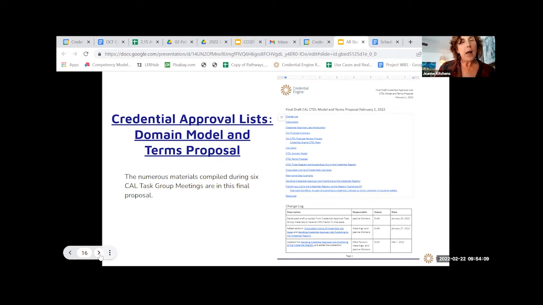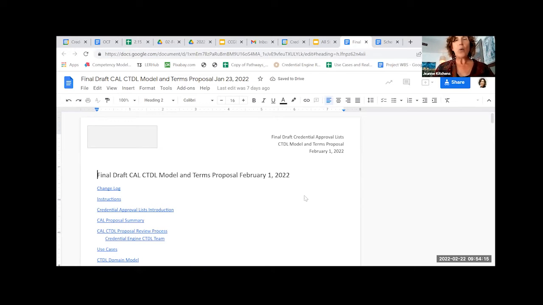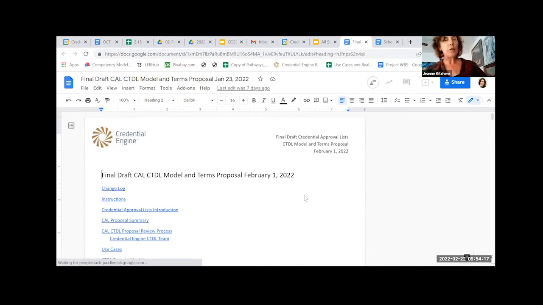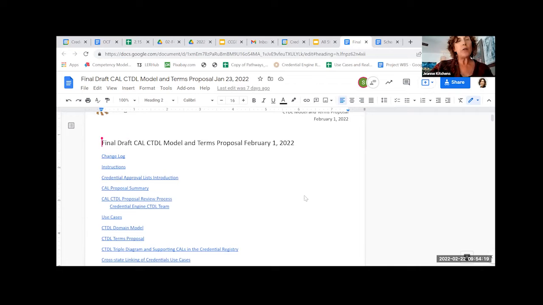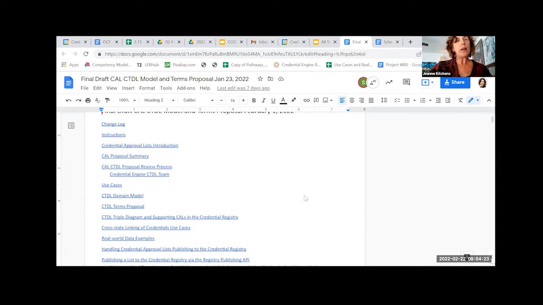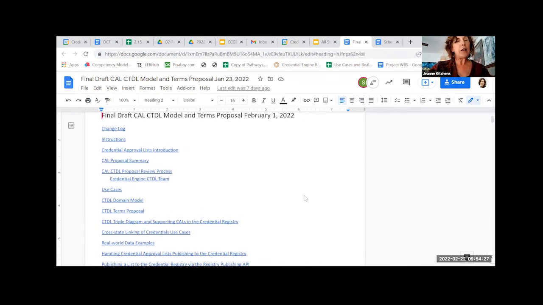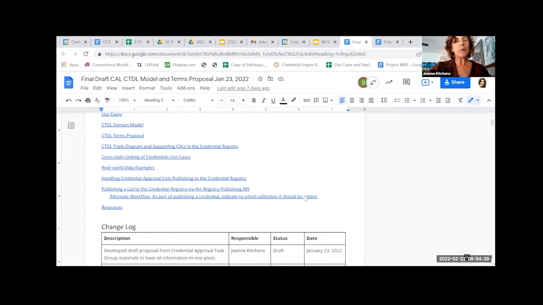So I'm going to go ahead and open up this document. And we're just going to walk through sections of it. This document is available for all of you to review and to add your comments. It does accept comments. You can see it has a table of contents here.